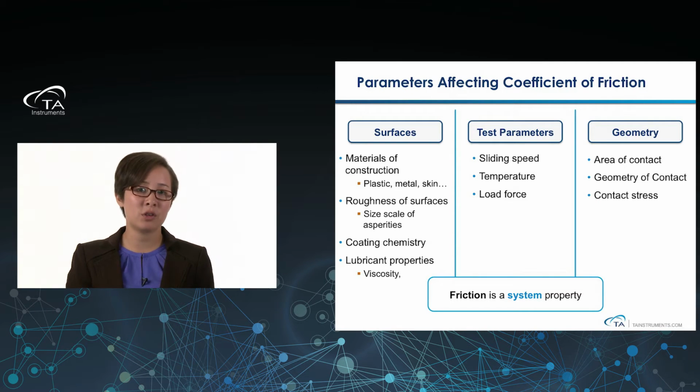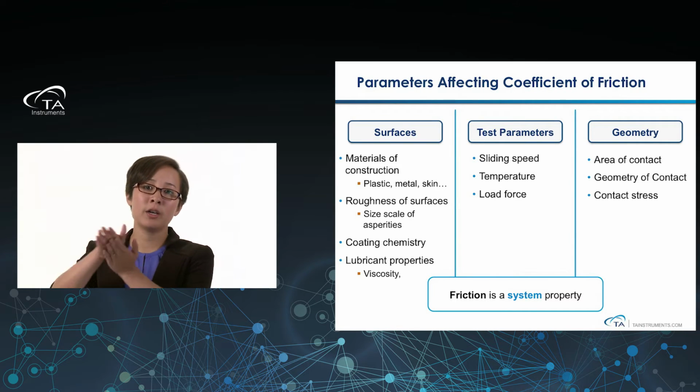Also, the roughness of the surfaces. So what's that size scale of the asperities? Are they really small? Do you have a relatively smooth surface, or is this a surface that's actually quite rough? Because again, that's going to start playing a role in things like abrasion and the coefficient of friction. Also, do we have a coating on these surfaces? If we do, what kind of coating is it? What's the material of the coating? How thick is that coating? Things like that are going to play a role in the coefficient of friction. And then also the lubricant properties, so things such as the viscosity and the formulation of that lubricant. Now, when we talk about the test parameters, we can define things such as the sliding